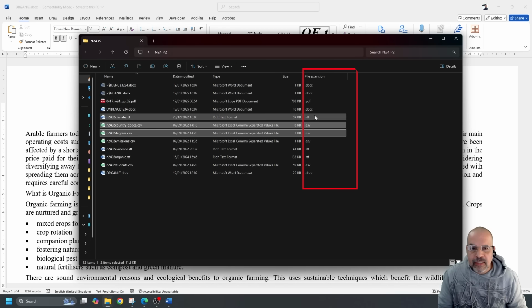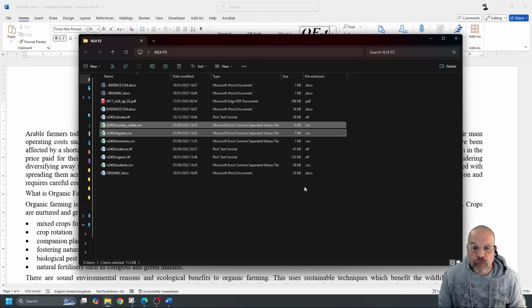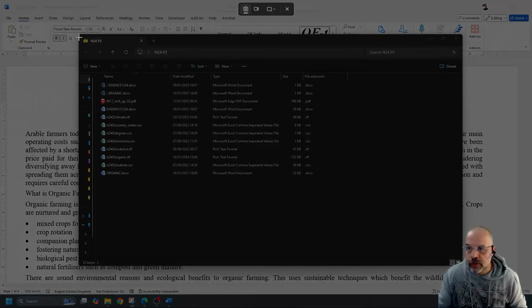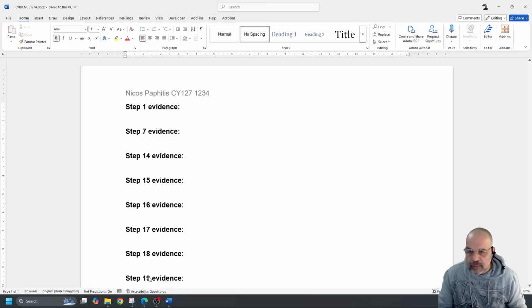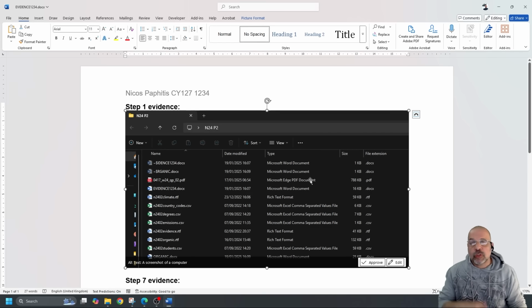And now you've got the extension here. Okay, so that just makes sure you've got the extension displayed in that screenshot. So I'm just going to create a new screenshot and do that, and I'm going to add this now in evidence. As I said, please don't use dark mode and make sure when you do print, everything is readable. Save that